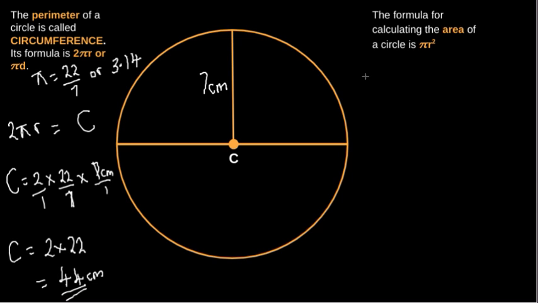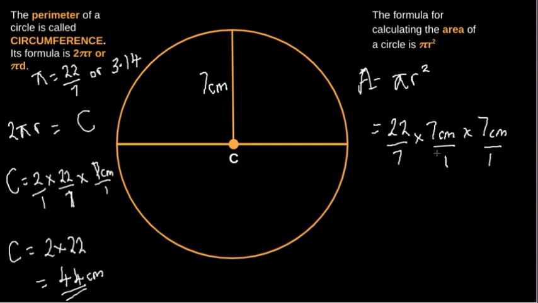Now, to calculate the area of a circle, the area of a circle equals pi r square. So let's calculate the area of this circle. That would be 22/7 times 7 centimeters times 7 centimeters. Okay, over 1/1. Now this 7 can cut out the 7. We are left with 22 times 7, and this will give us 154